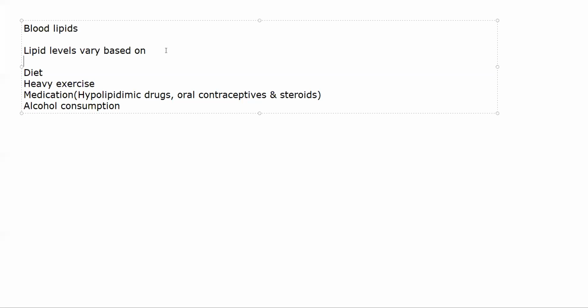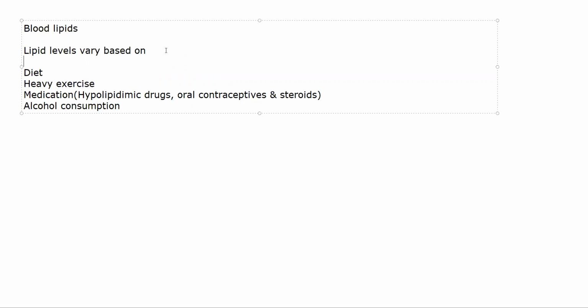So I'll repeat once again: if you're checking for cholesterol and triglycerides in a patient's blood, okay, total cholesterol and triglycerides, then even if you check it after several weeks, if you store it properly, it is fine, you will get correct values. But if you are checking for HDL, you should not store it for more than 7 days, and when you are storing it, you have to make sure that you are storing it at around 4 degrees centigrade.